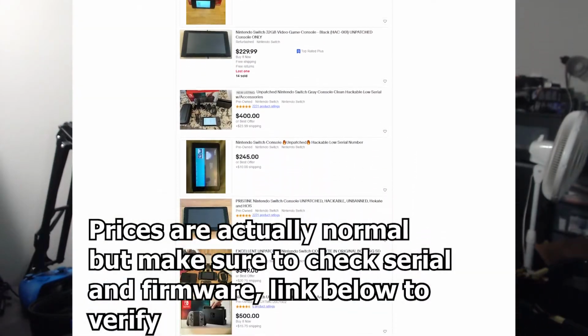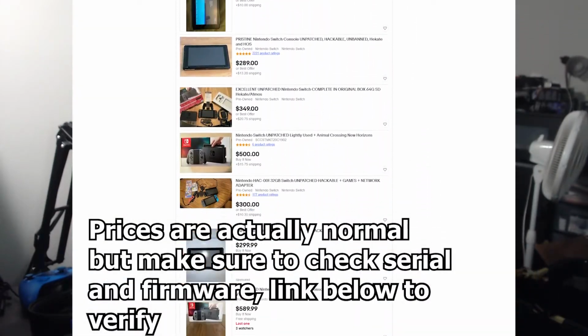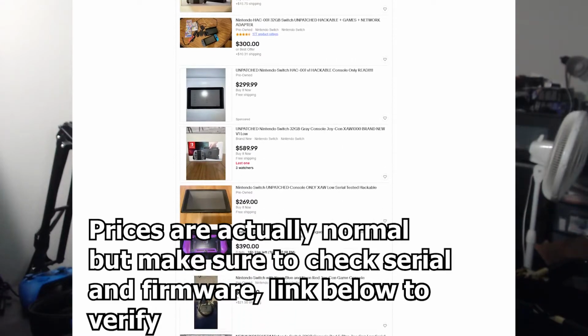Thing is, you can't really get that in retail anymore because it's now the second generation Switches along with the OLED Switches. I don't even know if you can still hack those, or if you can even hack those in the first place. But that's the environment right now. And if you look up the first generation Switches, I know they have a certain model number. If you look those up on eBay, they're probably going to be a lot higher than the MSRP, I can tell you that much.